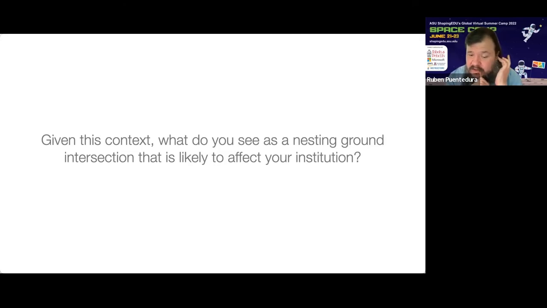So Thomas is talking about the intersection of climate events and lack of flexibility in course planning. Yeah, right. Okay, that lack of flexibility. If you're locking in a temporal succession when you can get hit by different black swan events, and particularly climate events, that's going to be a source of fragility, and that's an intersection that's likely to affect your institution.